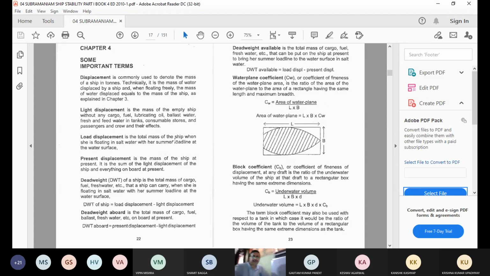Water plane coefficient. Okay. Now we are coming on to the coefficients. So a ship is made up of various coefficients. There are two coefficients in our syllabus in second maths. This is called area coefficient, also called water plane area coefficient, also called coefficient of water plane. So it is a ratio of,